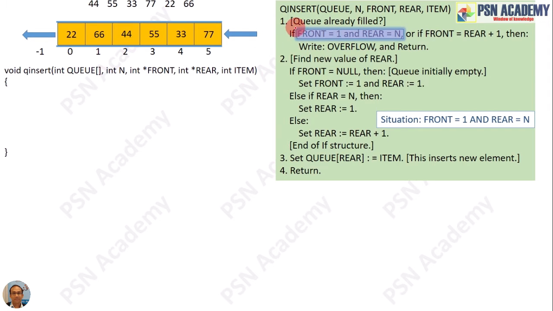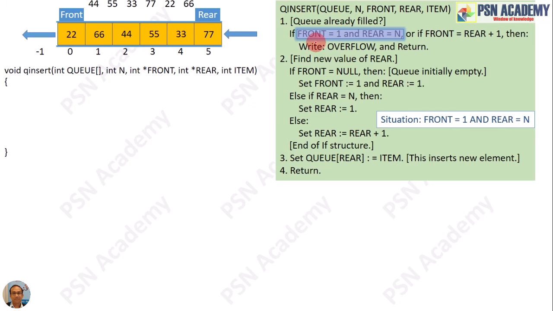Now we move to the first step. In the first step, there are two conditions by which you will know that your queue is full. The first condition is if you find that front is 1 and rear is n. You see the figure? Front is at the first index and the rear is at the last index. Here, of course, our programming language considers the first index as 0 and the last index as n-1, that is 5, because here n is 6.